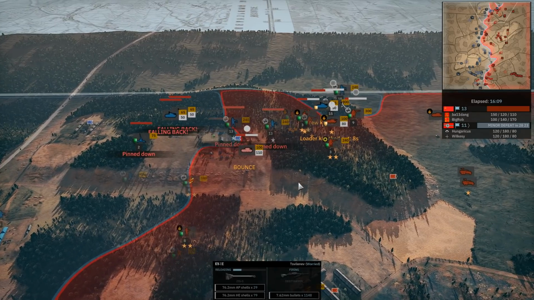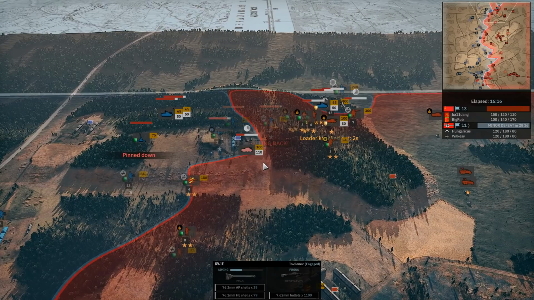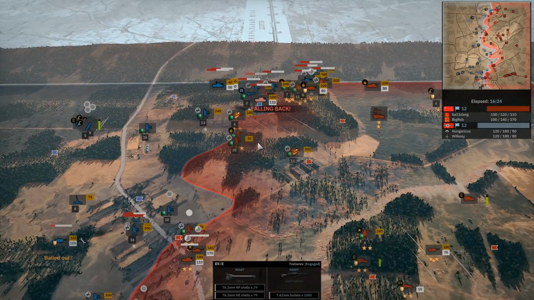Because unlike most Russian divisions, where it's mainly T-34s and whatnot, you can flank them and kill them rather efficiently. But the KV-1s, they don't care about being flanked. They like being flanked. They got pretty good side armor. Yes, they do. And unfortunately, we do not have...